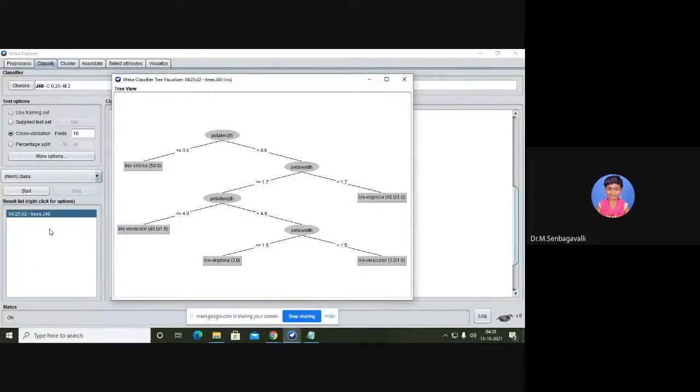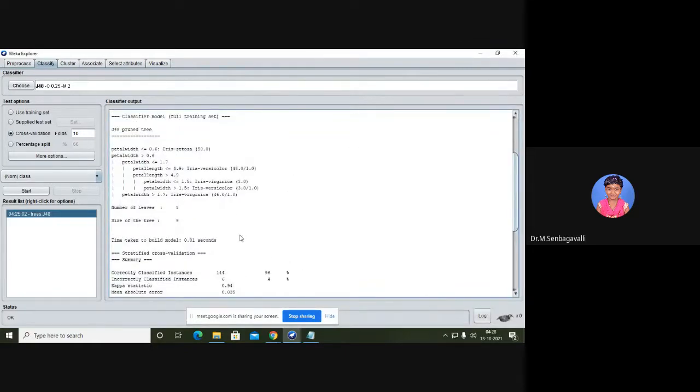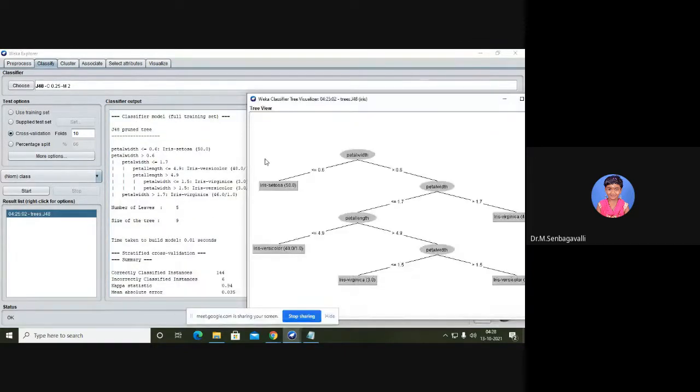You see, because the system is very slow, it is taking too much time to construct and display the tree. So what are the attributes we are following? With respect to a condition, whatever conditions we are taking, with respect to that, it is showing the output. First, we are taking petal width less than or equal to 0.6, then we go with Iris setosa. And if petal width is greater than 0.6, then it goes to another decision making statement. It displays the value depending upon the condition, and it shows the tree like that.